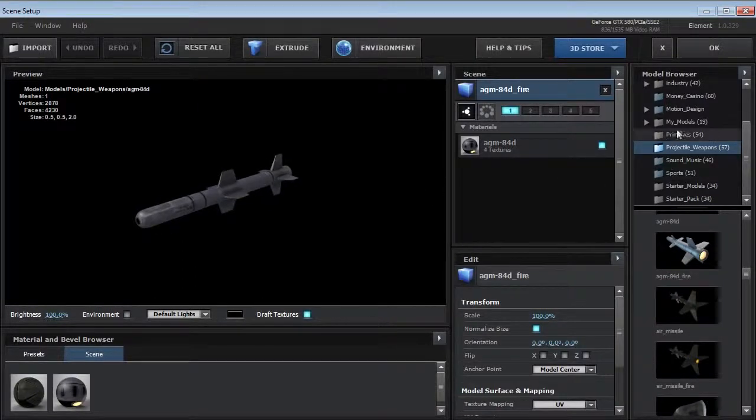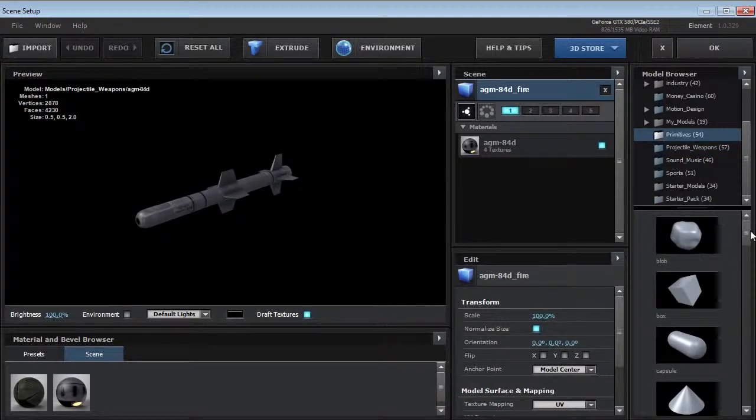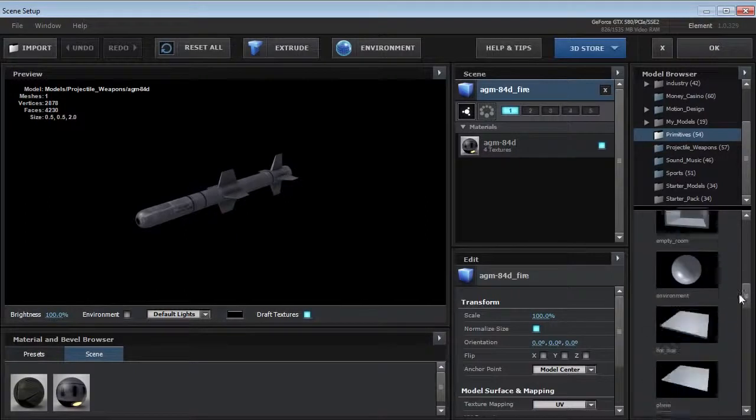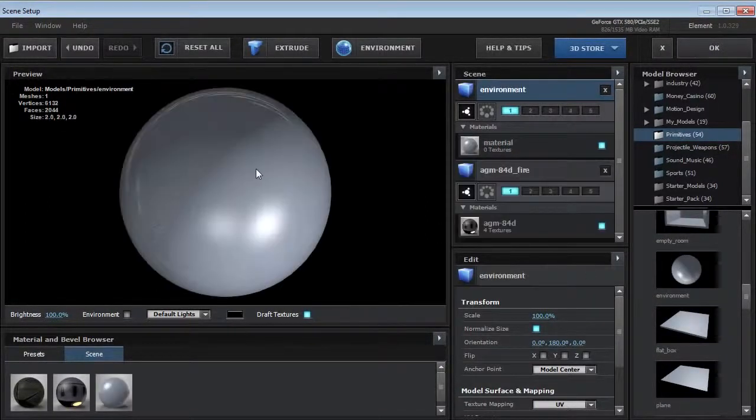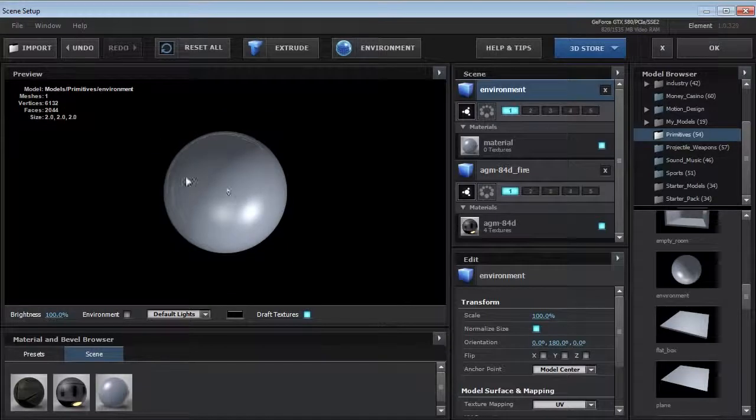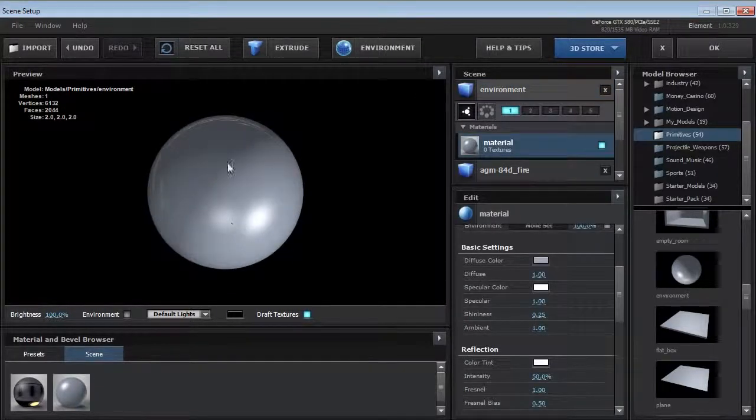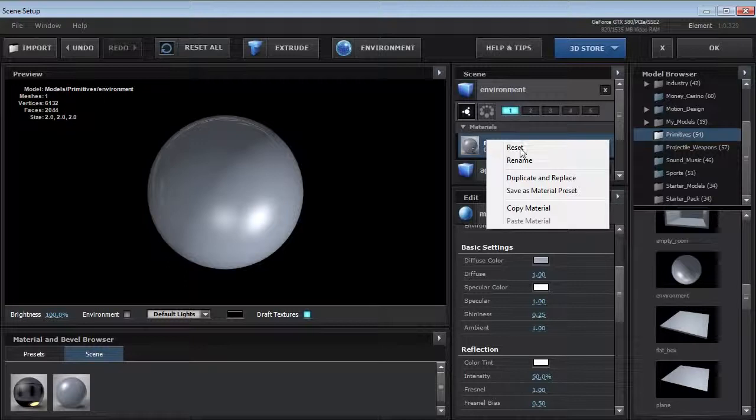And then I'm going to come over here to the primitives, and I'm going to scroll down, and there's a curious object called an environment. So if I click on that, we have a strange looking sphere. But what we want to do is map that environment onto this sphere. So we need to reset the material. So we'll right click, choose reset,